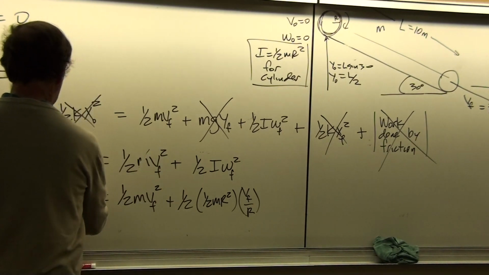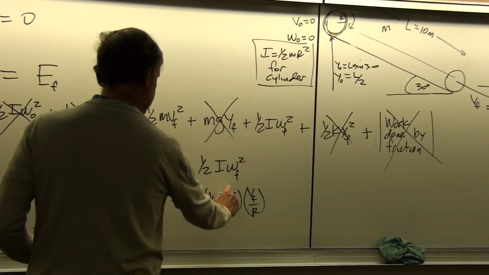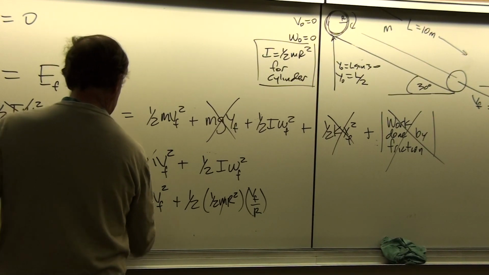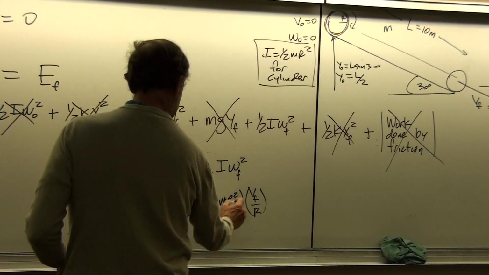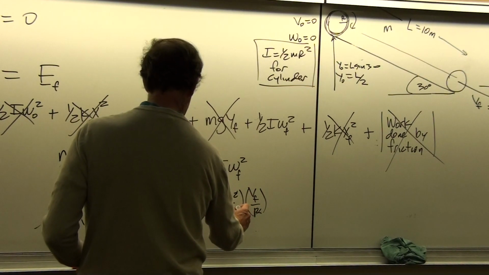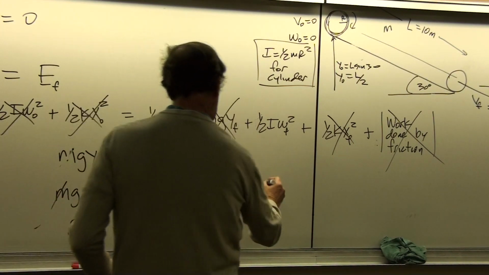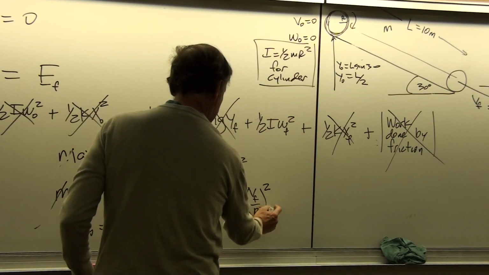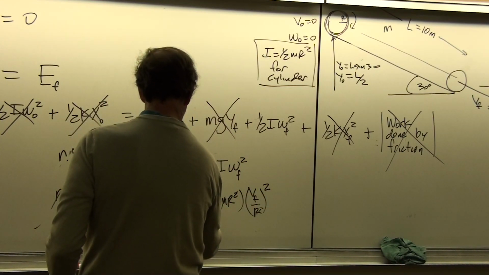So now we are ready to cancel out some of these terms. The masses cancel all the way through. What we're left with then is just gy naught equals v final squared over 2 plus, and then the r's are going to cancel here. There we have one r canceling with that r, and then this should be squared, sorry. So that's v final squared over r squared. So the r squareds cancel here, so we end up then with v final squared over 4.